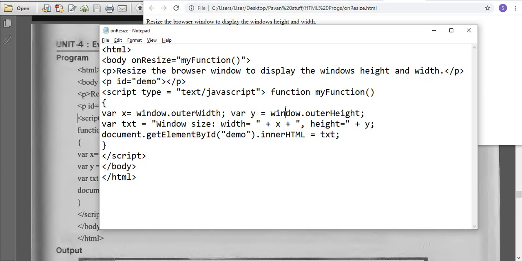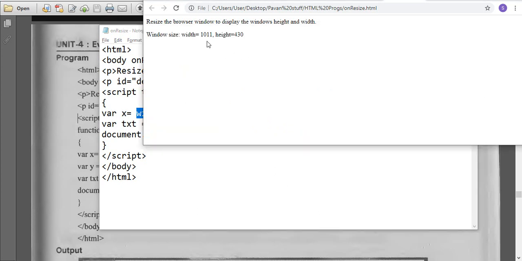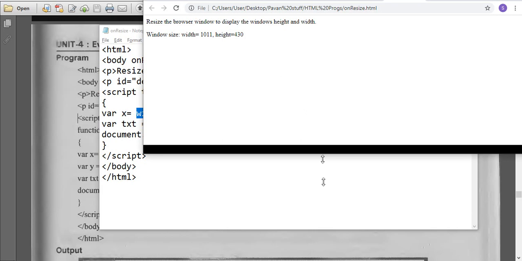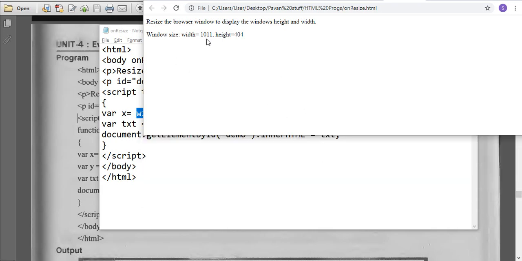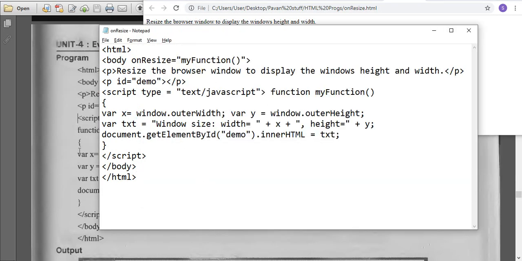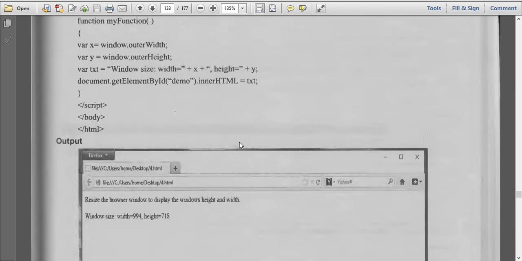Window is an object, and with window.outerHeight you will get the height of that window, and by the other you will get the width. These two values I am storing in x value and y value. Here I am printing window size width equal to this and height equal to this. So if I resize, the values will automatically be modified. So that is on resize.